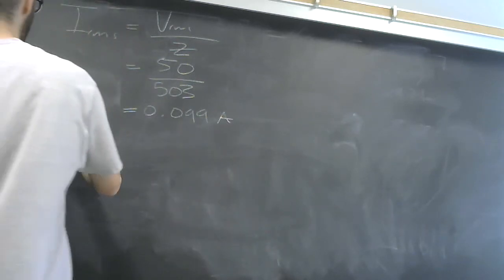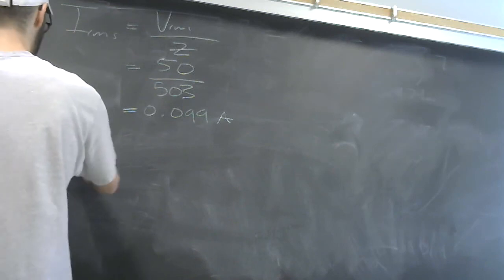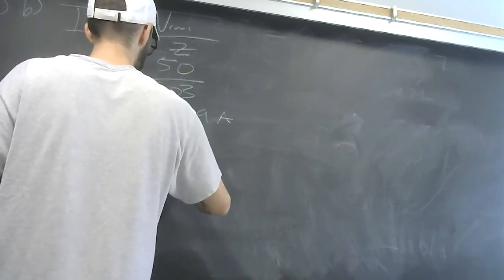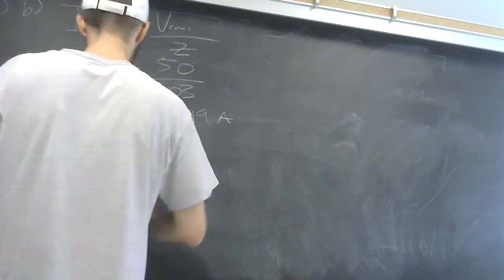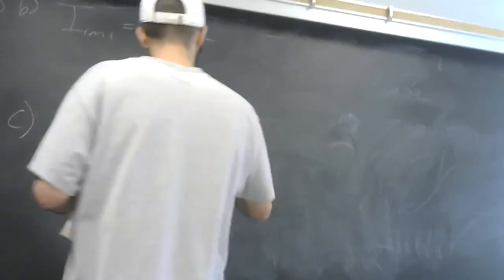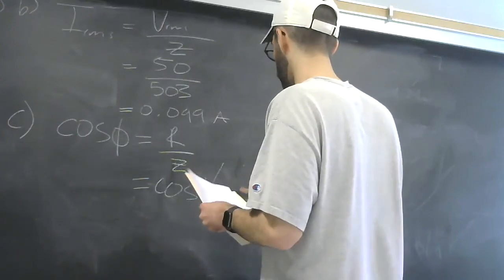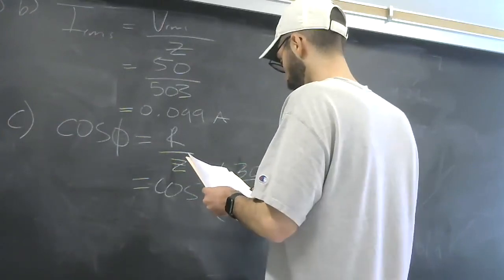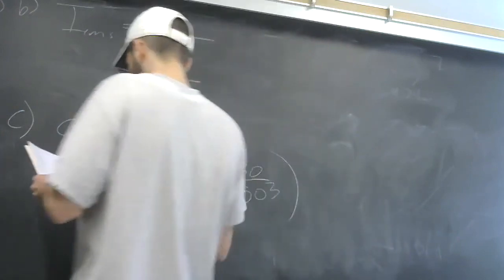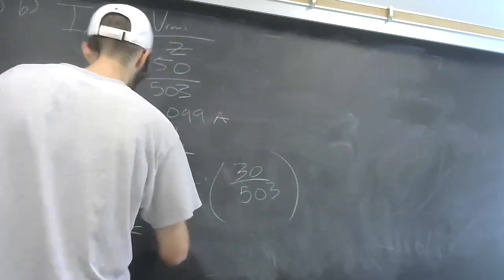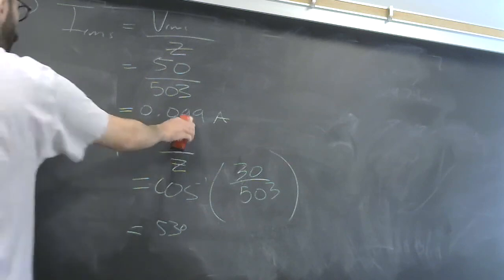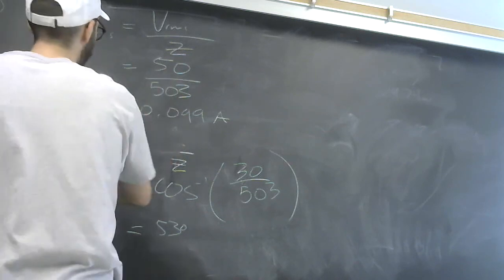All right. Part C, phase angle. Again, plug and chug. We're going to have the inverse cosine of R, 300, over that Z value, which is 503. That comes out to be 53 degrees. Okay. Whew. Almost done. Remember the IRMS value, because we're going to use that in part D, wherein